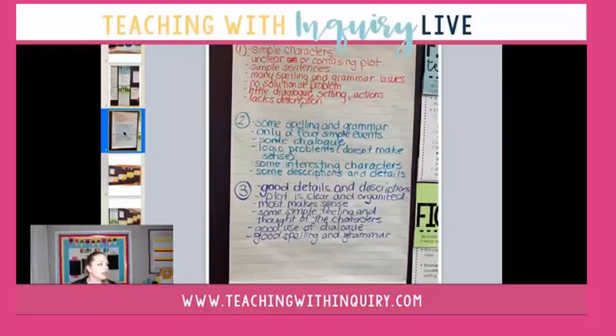So they have simple characters. It was unclear or a confusing plot. It had many spelling and grammar mistakes, and I leave those in the student samples. I definitely do not edit for spelling and grammar when I'm showing student samples. Even if they're ones that I made myself, I will just put in errors or leave common errors that my students will use to highlight the fact that that is going to be an issue, especially if it interferes with comprehension. And they talked about that there was little description and little dialogue and setting in actions,